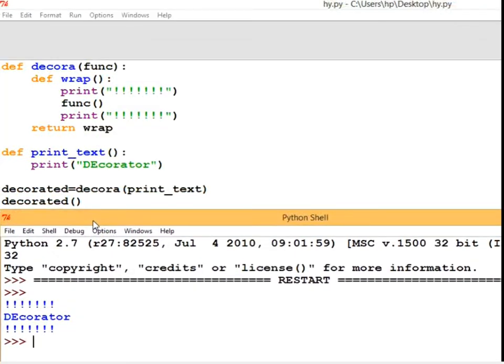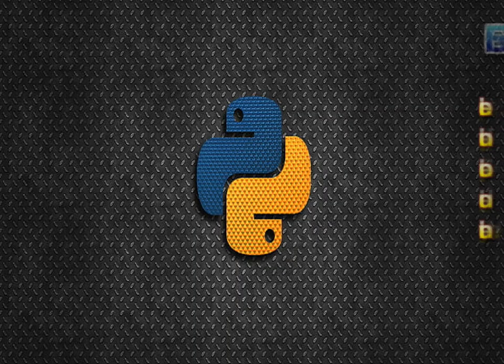And now you can see also in the code that the decorators were printed like this: first of all the exclamation mark, then decorators, and then again the exclamation mark. This is the purpose of the decorator function with the help of an example. We can also use this without defining any decorated variable. We can just simply make a function and then we can call it also. These are the two ways through which we can call the decorated function.